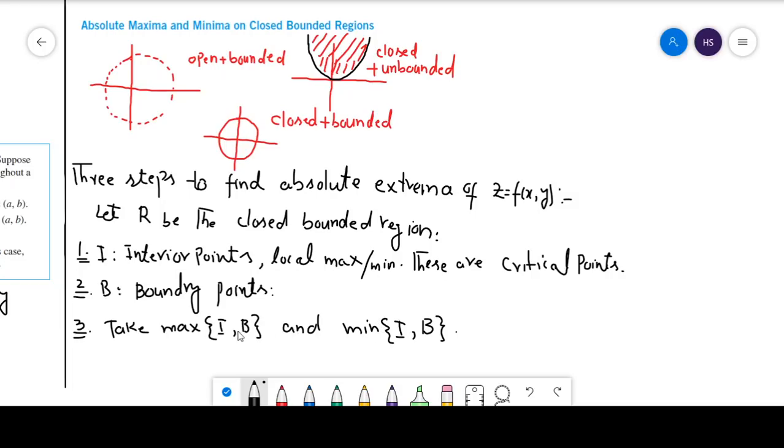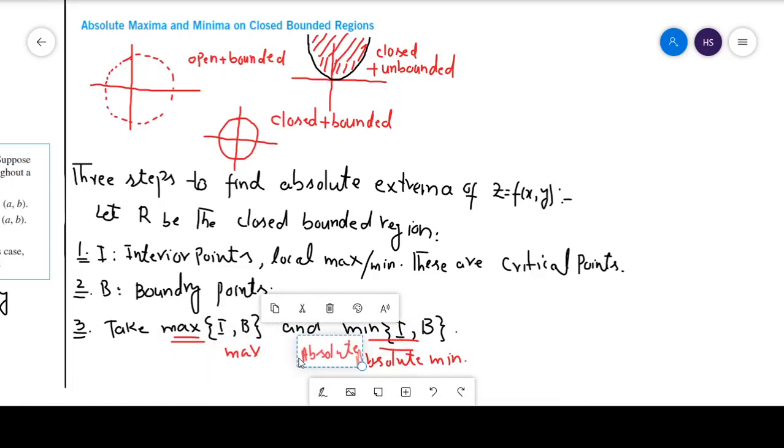That will be your absolute maximum and absolute minimum, right? So this will be your absolute max, and this will be your absolute min, right? So let me tell you again that